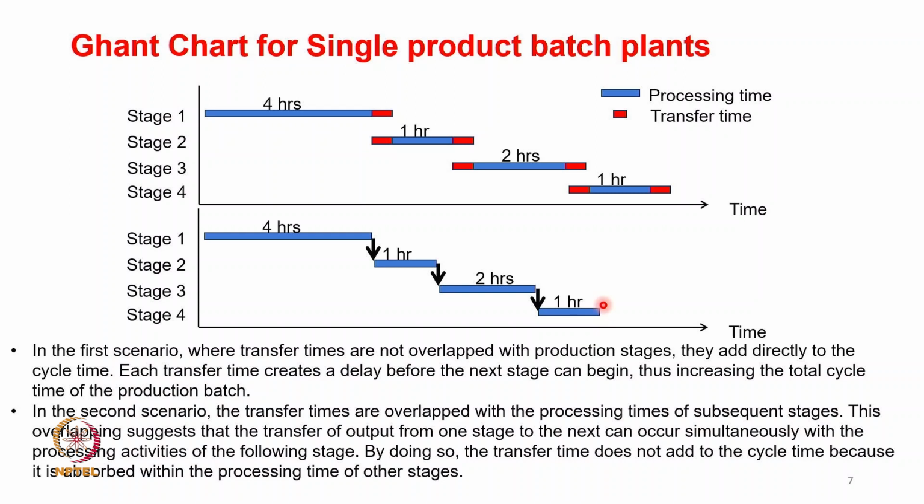So what we are showing is the schedule of operation, how stage 1 to stage 4 are scheduled. In the first case, you assume that there is a transfer time. In the second case, no. Such a graphical representation of the schedule is typically known as a Gantt chart, and this is a single product batch plan. In the previous example, we are only considering a single product. So now let's see